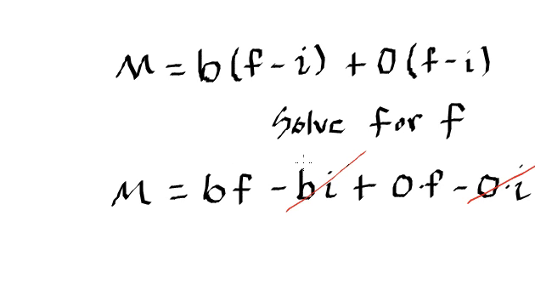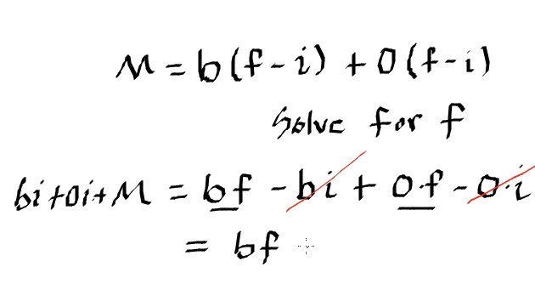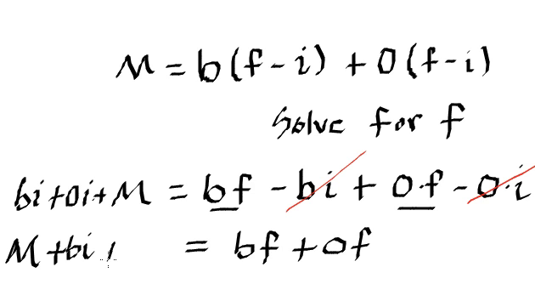But what we do to the right hand side, we've got to do to the left hand side. So we added a BI and an OI as such. So when we write this over on the right hand side, we've got to make sure we also write it over on the left hand side also. So now we're left with just the BF and the OF. Okay, so we have BF plus OF, and I'm going to write it like this: M plus BI plus